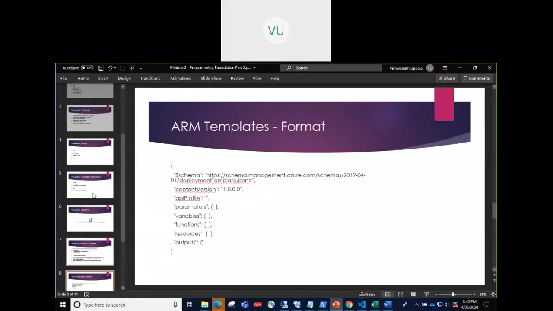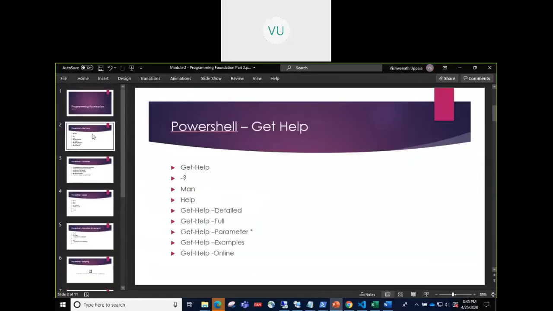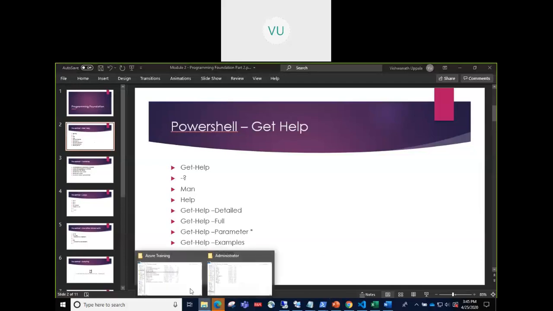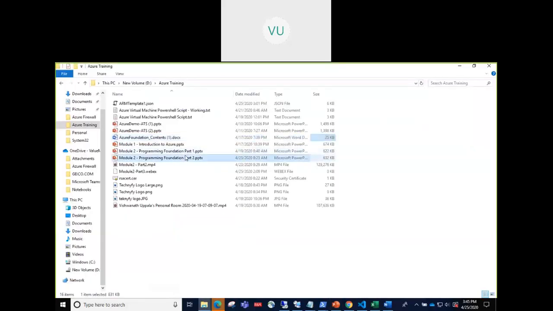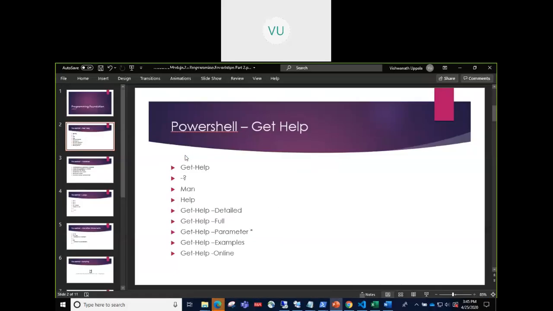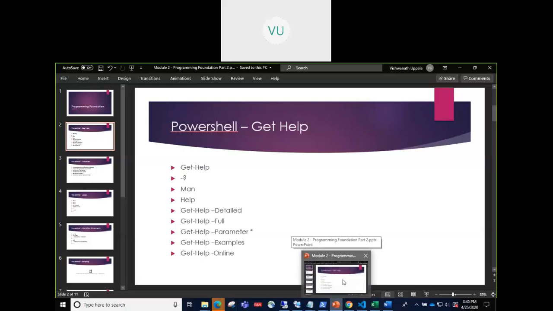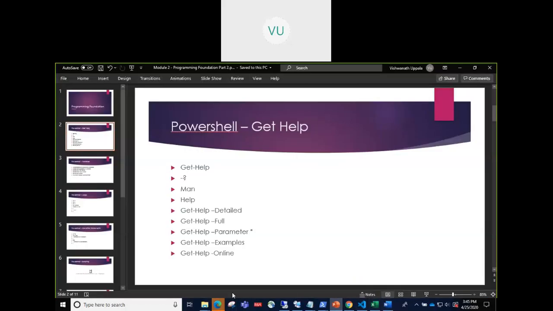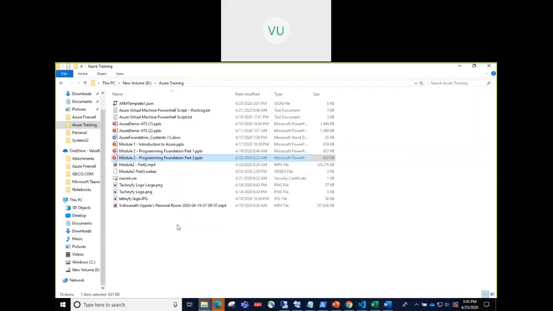Yeah, that's how we did it. If we go through PowerShell, let me open this module one. We went through the theory first to understand the basics of PowerShell, and then we jumped into the commandlets and the practice or hands-on session. Where is that PPT? Got it open.